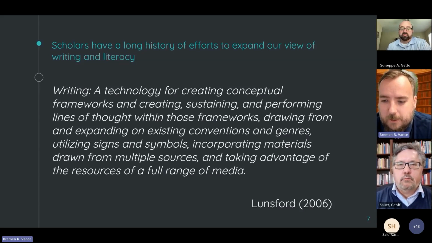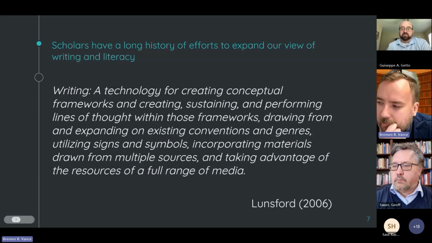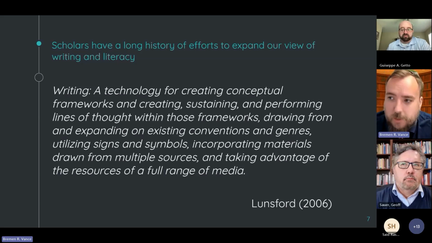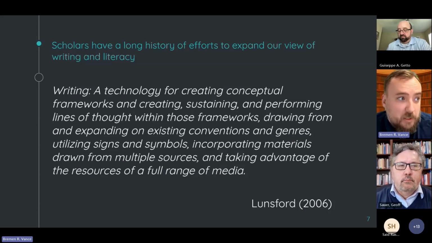And this is very much a product of the multimodal turn in grappling with the rise of personal computing and how that challenged what it meant to teach writing. It opens up the idea that writing actually covers a much wider range of human work, and that means it requires us to grapple with the skills involved, and that means the knowledge and skills that we have to have